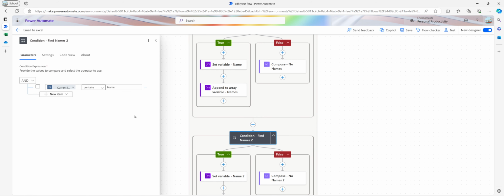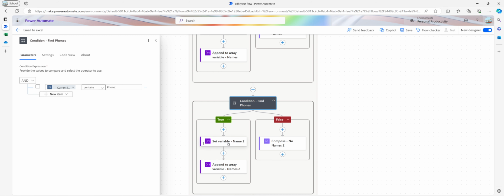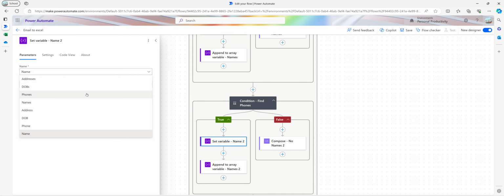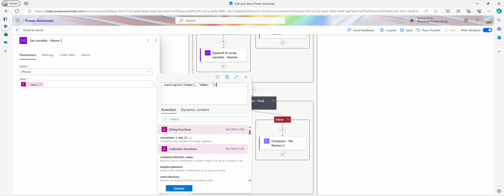So then this should be for phones. Find phones. If the current item contains phone, this is phone. So if it contains phone, you need to collect the phone variable, switch this to phone